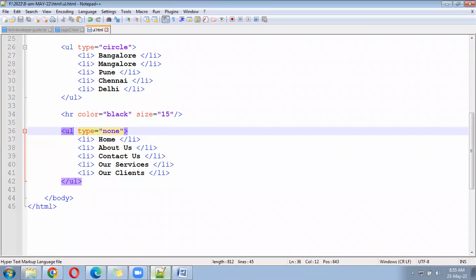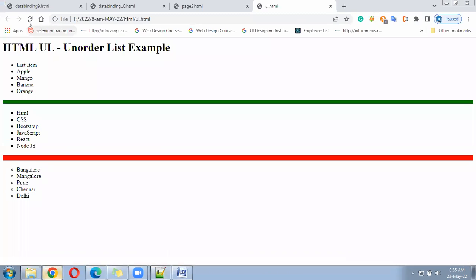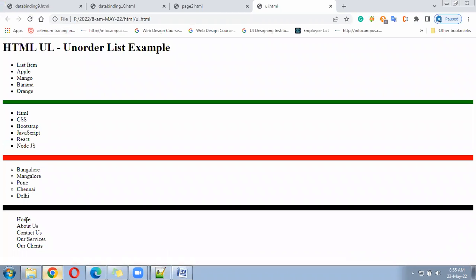Okay, hope it's written and running or not. Write it. Check once, it should look like this, no any kind of